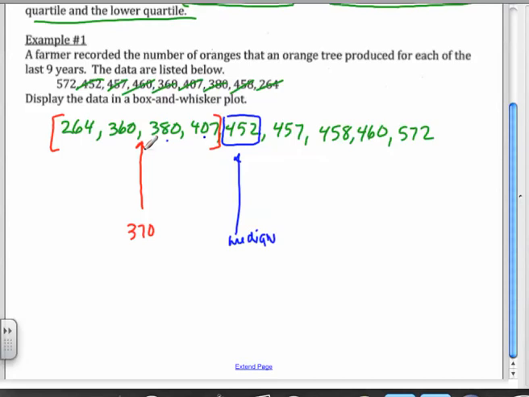Can anyone tell me what the upper quartile is? Kentaro? 459. 459 is the upper quartile. All right? And then I've got my